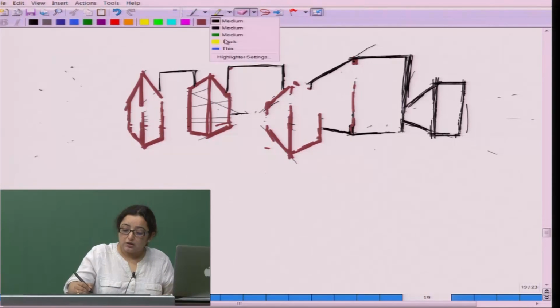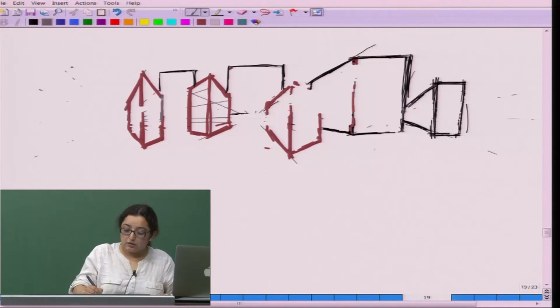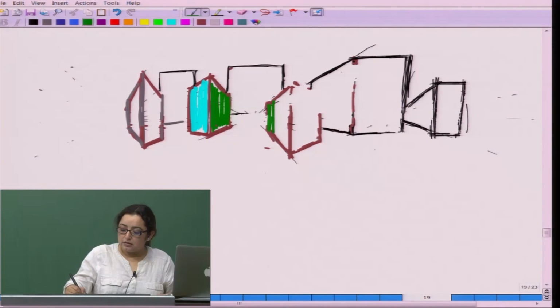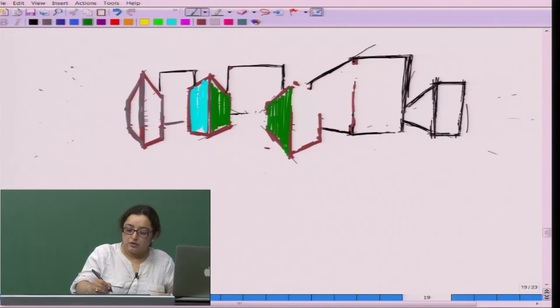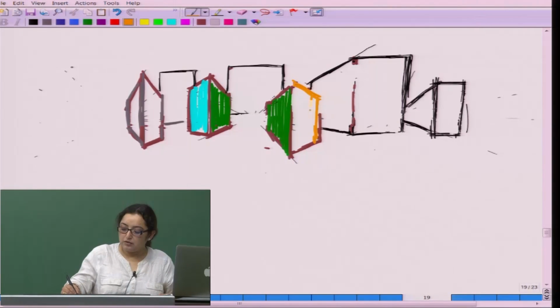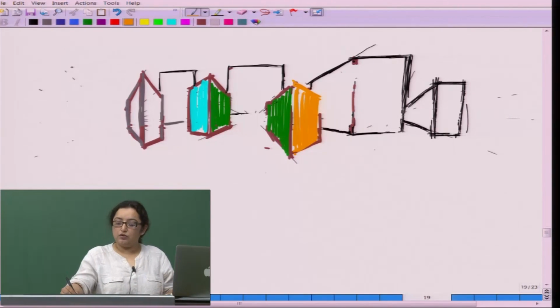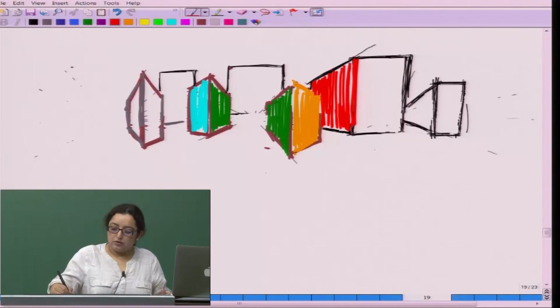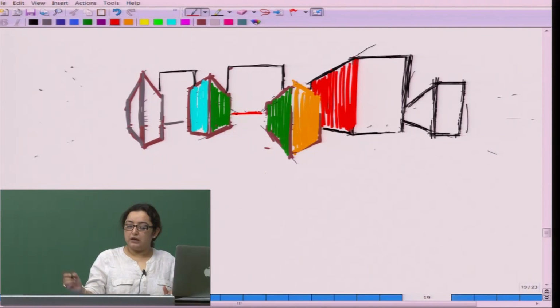So, take the brush again, take a thicker one, make it clearer, choose a brighter color to highlight certain area, choose another interesting color, and you can have a very interesting composition, very convincing and attractive. By color difference, value difference, you can try out different color combinations once you have the proper knowledge of how to use color. So, this is how we use multiple perspective,